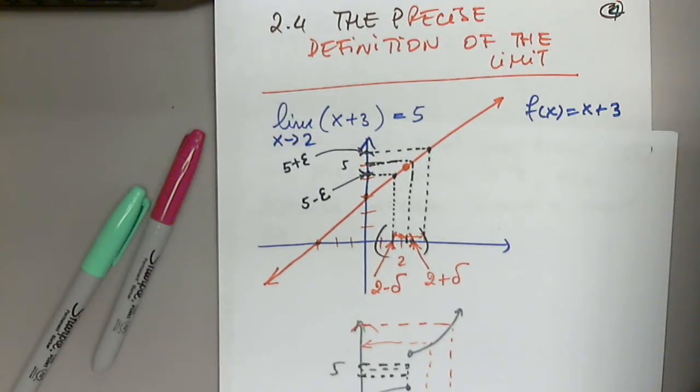So I cannot pick an x here, I cannot pick an x here, but I have to pick an x here, where the distance between x and 2 must be smaller than